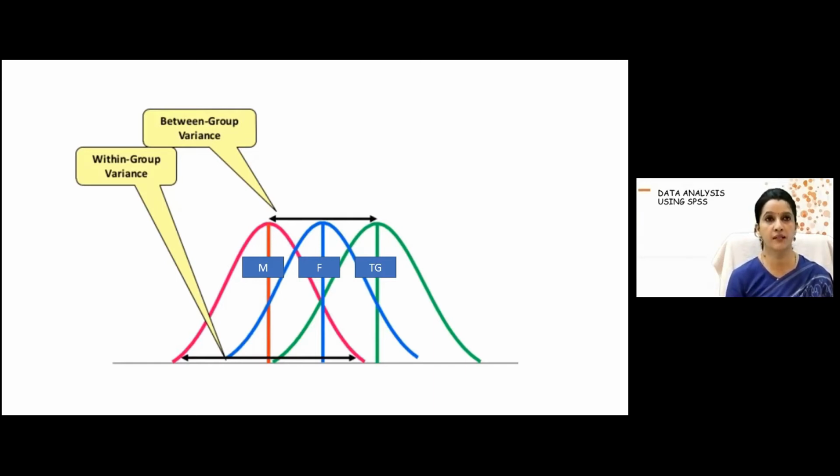So here you can see, what do we understand by variance? First, let's revise it. Variance is when you subtract the individual value from the mean, then take the sum of that and divide it by the frequency, that gives you the variance. If you take the square root of that, it gives you the standard deviation. Are you clear up till this point?